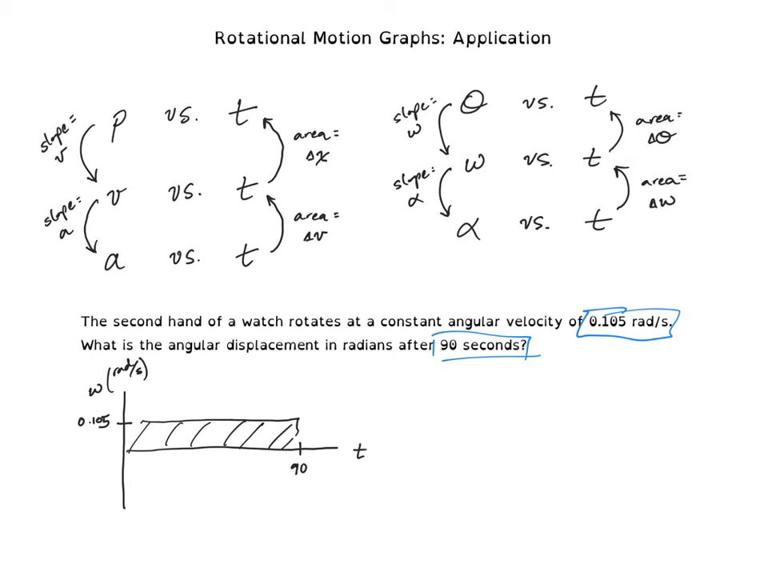So all I need to do here is say, okay, well, this is clearly a rectangle, so I need to take base times height. So I'm going to take my 90 seconds times that angular velocity. Notice that my seconds are going to cancel out here, and when we calculate that out, we end up with an angular displacement of